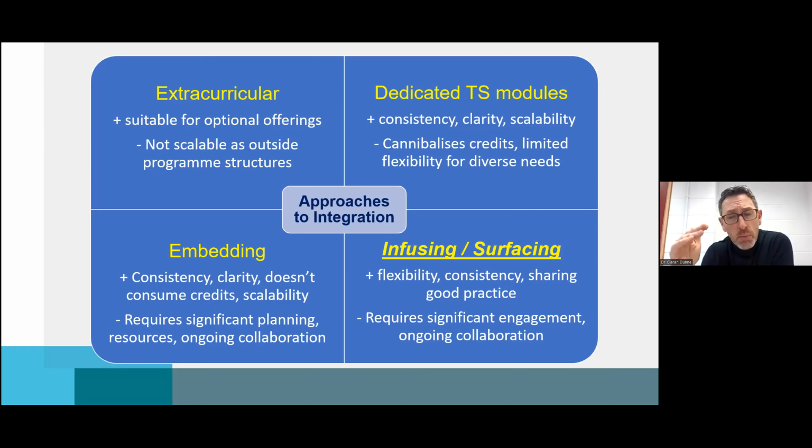And then finally, the really important one where it all starts is this idea of surfacing. Because we don't want to say that transversal skills have not been part of higher education for decades or longer. They absolutely have. Critical thinking, etc. It's all central to higher education. So by surfacing, we mean that we're giving programs the opportunity to show us to what extent they're already doing these things. Because if they're already cultivating and assessing them, then we don't need to create this centralized content, and we don't need the dedicated 5-credit modules, and we don't necessarily need the extracurricular offerings either. So that surfacing piece is incredibly important, and that requires mapping of the program structures and the modules.